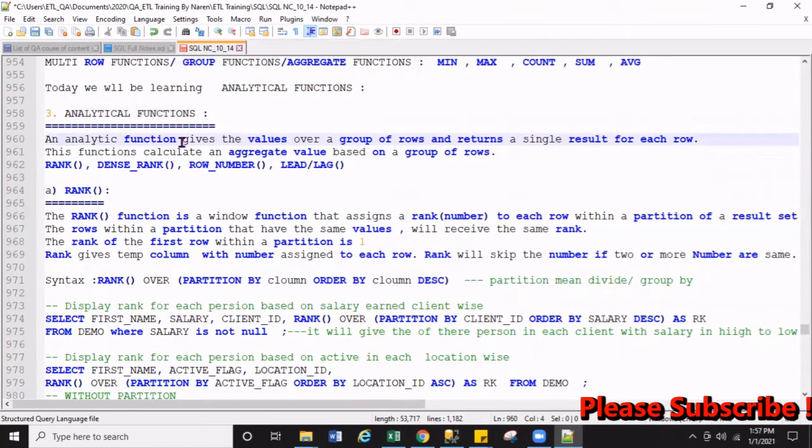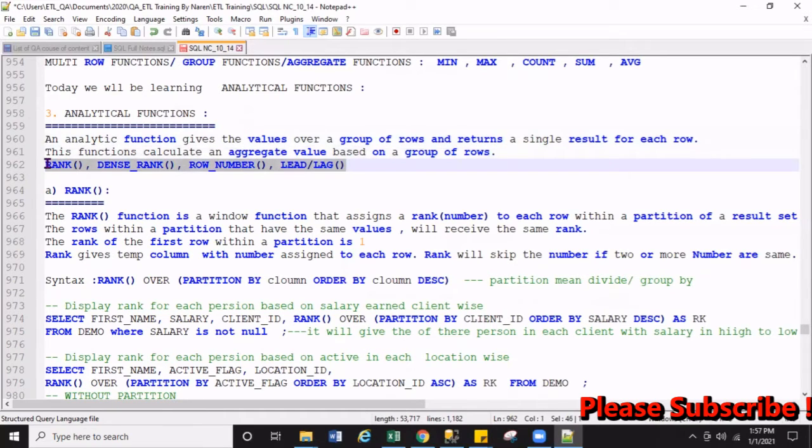Analytical functions give a value over a group of rows and return a single result for each row. This function makes a group, and for each group it gives a single result. It calculates an aggregate value based on a group of rows.